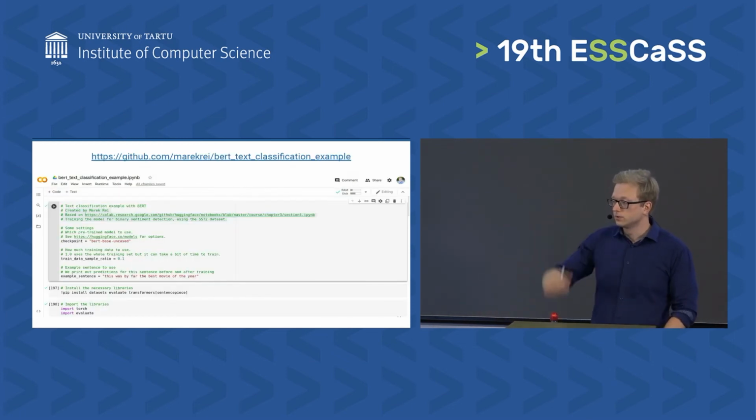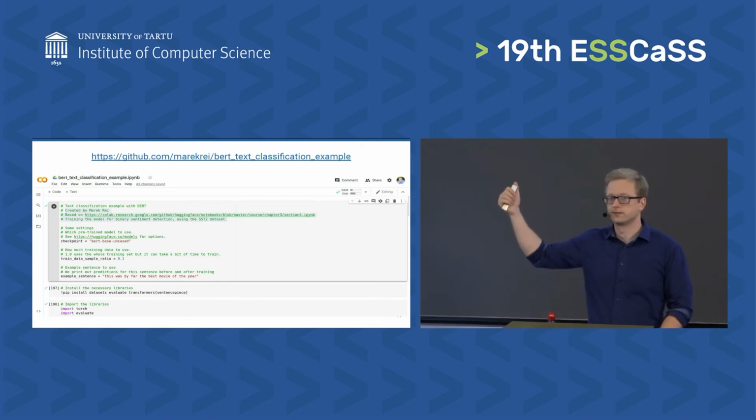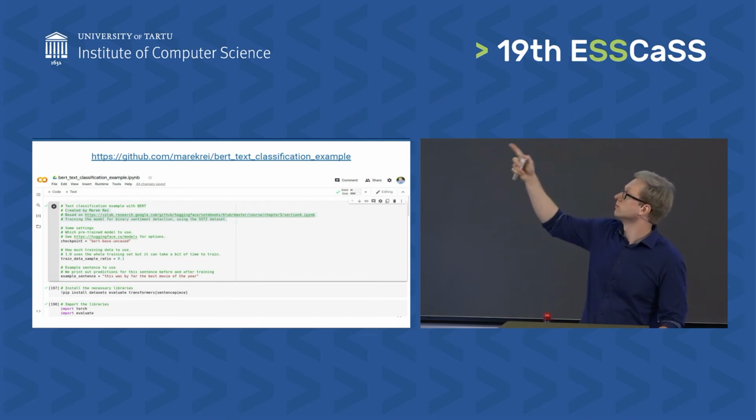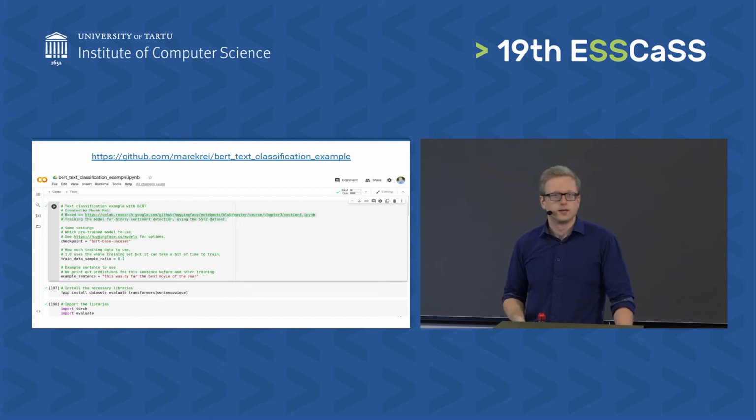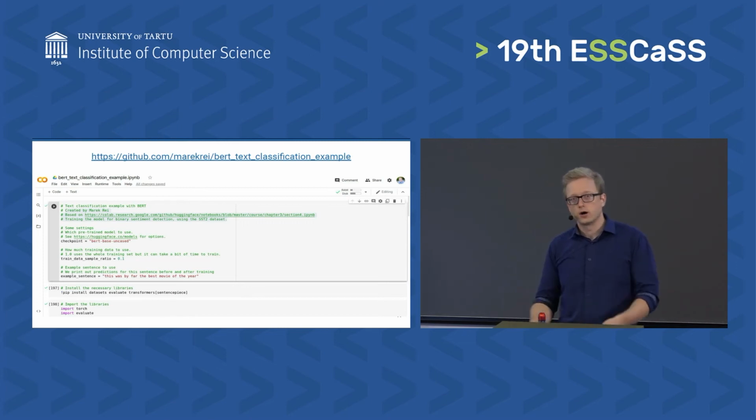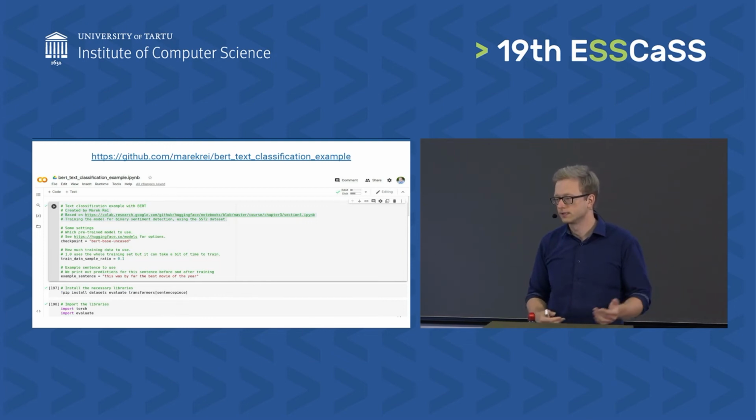Also, I wanted to give you an opportunity to try this out yourself. So I'm not going to run this live, but I made a Jupyter notebook at this URL that shows how to run a BERT text classification model. It has about 150 lines of code, and in those 150 lines, it does everything it needs.